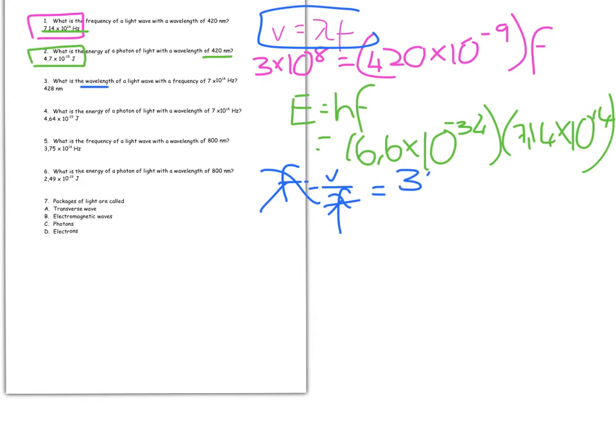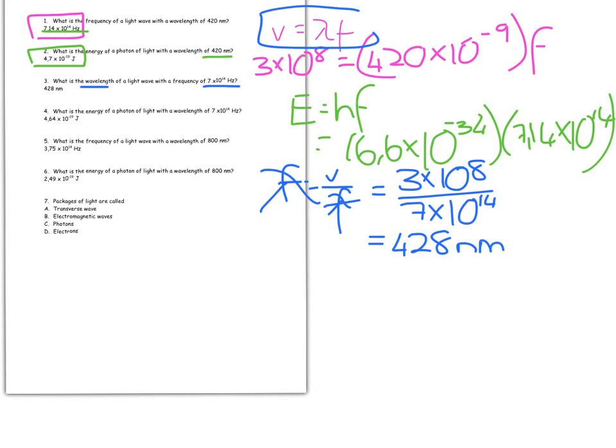So it's going to be 3 times 10 to the power of 8 divided by the frequency that they've given, which is 7 times 10 to the 14 hertz. And I land up with 428 nanometers. I actually land up with 4,28 times 10 to the negative 7, I think, but it comes out to 428